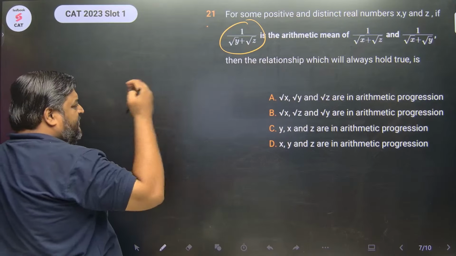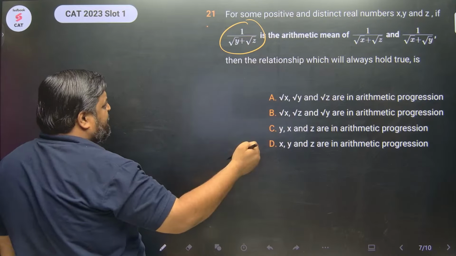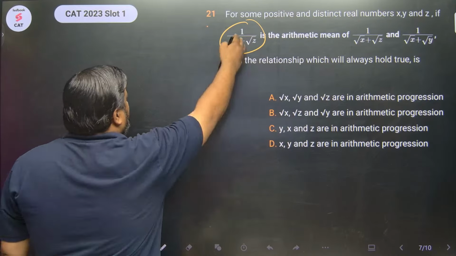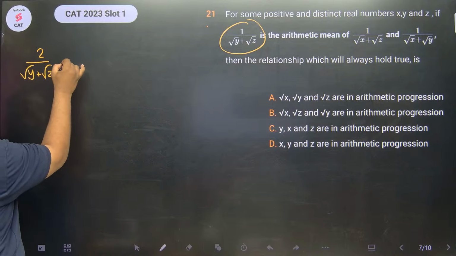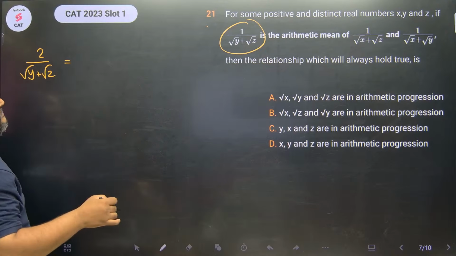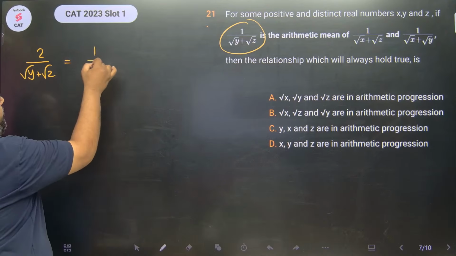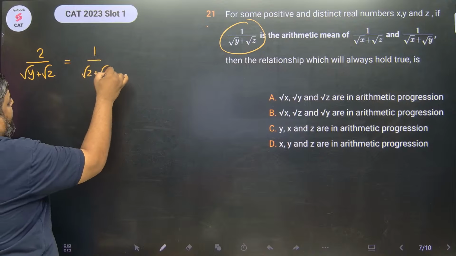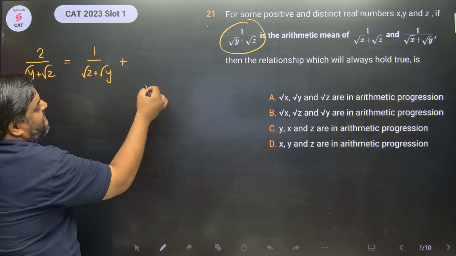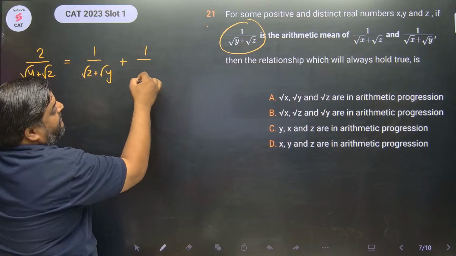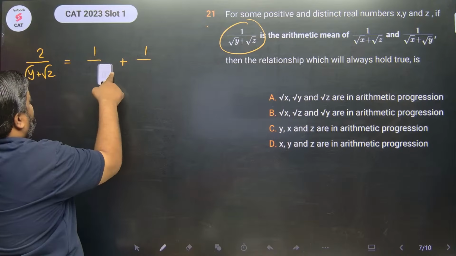So there is only one way to proceed, और कोई तरीका है नहीं प्रोसीड करने का। अरिथमेटिक मीन का फॉर्मूला लगा दो। I can write 2 upon root y plus root z is equal to 1 upon root z plus root y plus 1 upon root x plus root z